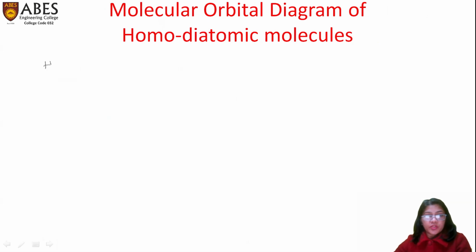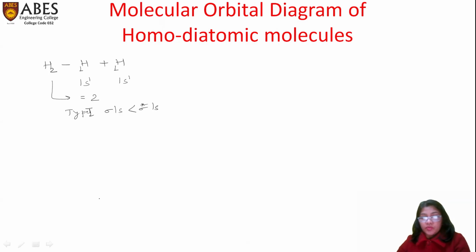We are taking an example of the H2 molecule. This H2 molecule is made up of two atoms, one hydrogen atom and another also hydrogen atom, because they are homodiatomic molecules. The atomic number of hydrogen is 1 and the configuration of each atom is 1s1 and 1s1. When this forms the molecule, the number of electrons in the molecule is 2 and this will follow type 1. So the sequence of energy will be sigma 1s, sigma star 1s. Now when we prepare the diagram, we are taking